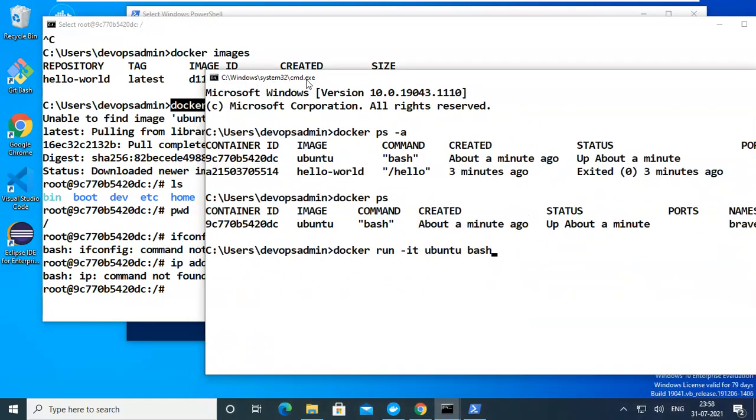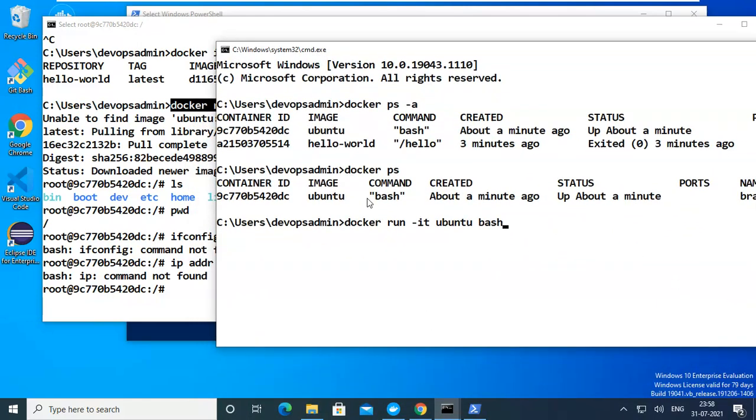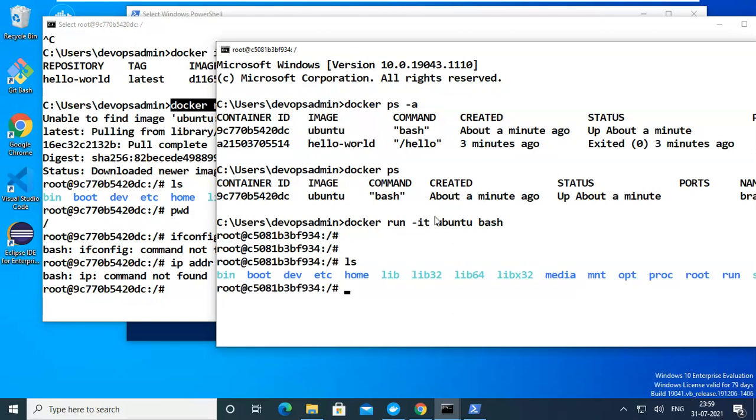It won't download anything because the image is already there. It will just start the container automatically. Immediately it is showing the container. This is my container. You can create files also, like cat >> f1, sorry, f2.